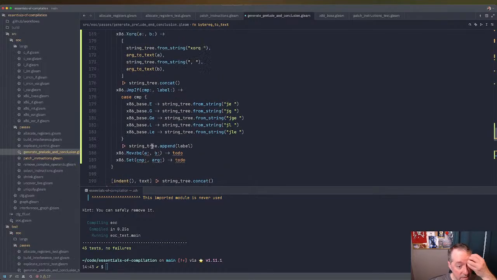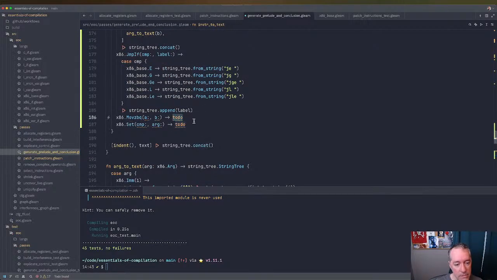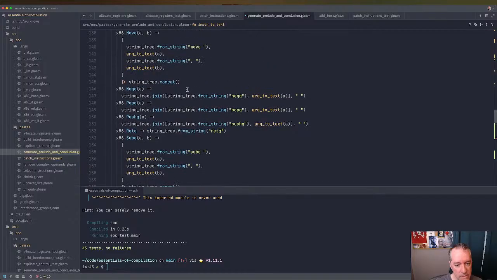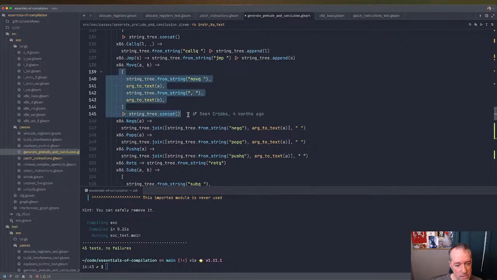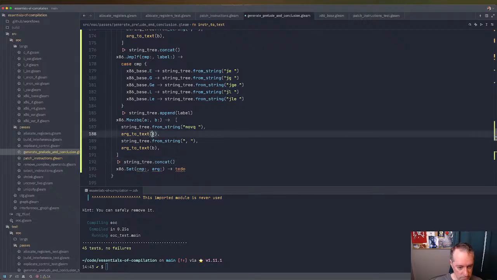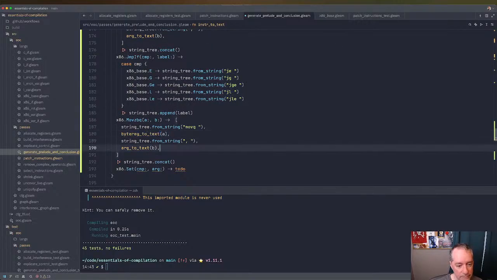Okay, and then it's just complaining that it's not used. So up here, we will do basically like what we did for all these. Copy this one since it's the closest. And this is byte reg to text. And this is, I need to add the extra ZBQ in there, okay? And then finally,